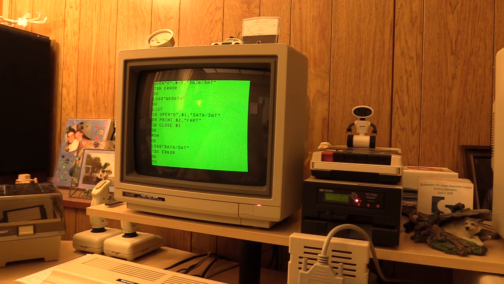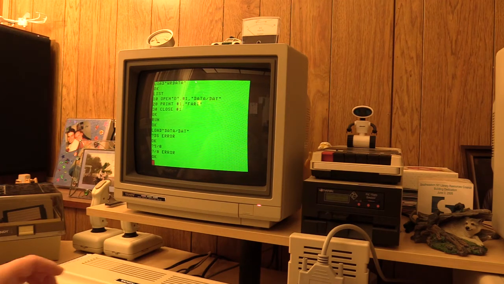Well, that's easy. What's 9/0? Division by 0 error. Dividing by 0 is impossible, and as the manual says, even for computers. Okay, the next one, FC, illegal function call. This error occurs if you call a command or a function and feed it a value that is out of bounds. So for example,